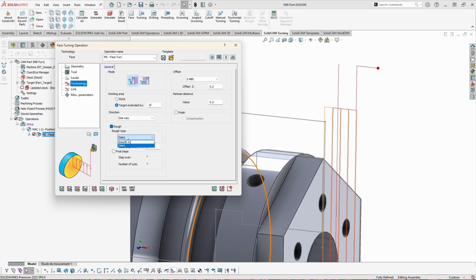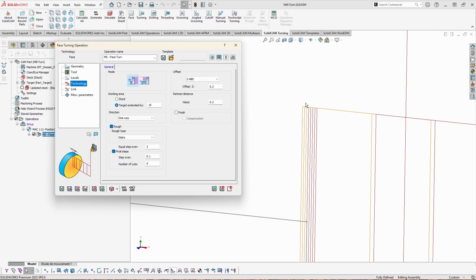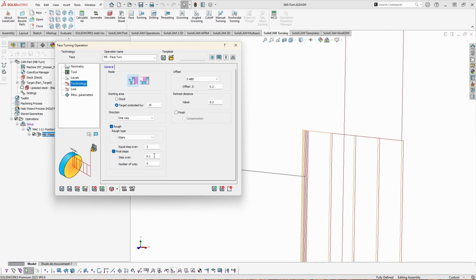For the rough type, we can either use stairs or a smooth method. We'll use stairs for the face turning here, and the smooth method will be explained in more detail in the turning job. For the step over, we set it to 3, but for our final steps here, if we activate them, we can say that we want at the end to have 5 cuts with a step over of 0.1. If we calculate now, at the end we will see these 5 cuts here with a step over of 0.1